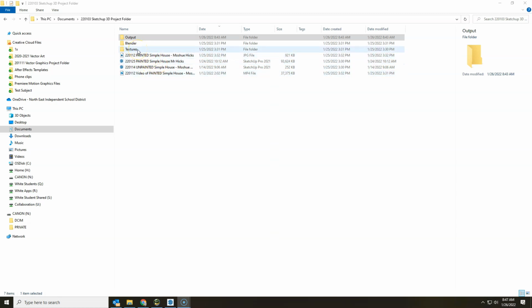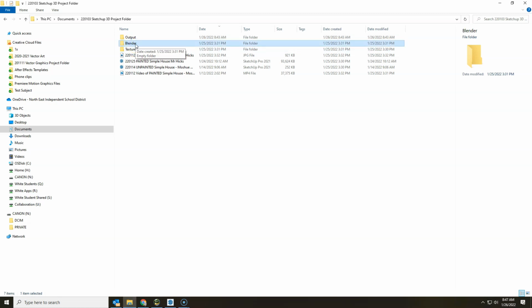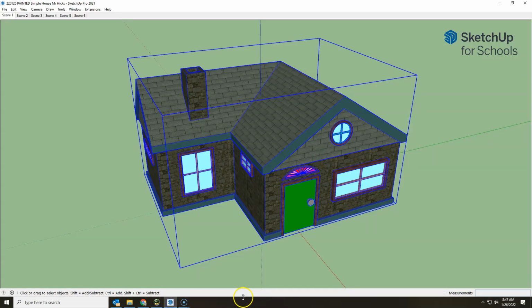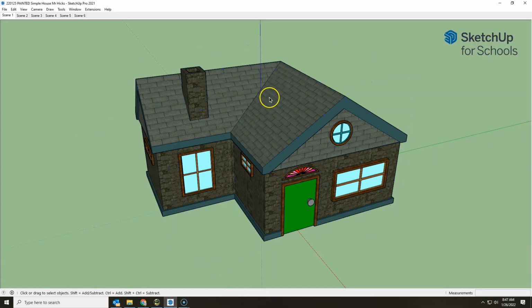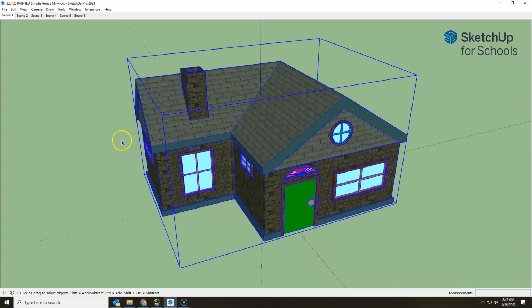I did make a folder for special textures, and then here is the folder where I'm going to put the stuff for Blender. So let me go to my SketchUp file. You can see that the house is centered here, and it's all one group. Very important for that. The other thing that you might consider just before exporting is taking out the scenes. You'll end up with little dotted lines that go to the different points of view around the house if they're still there. You can ignore them and you can delete them in Blender as well, but it doesn't take too